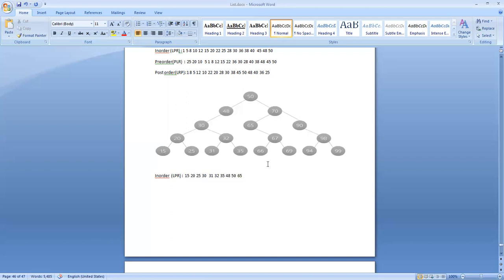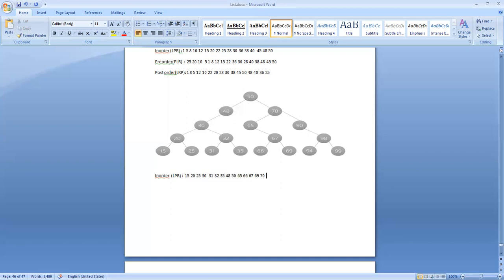It's a parent. So the left child of 67, 66. Then the parent, 67. Then the right child, 69. Now we can write the parent of 65, that is 70.